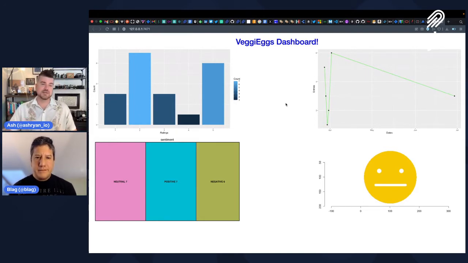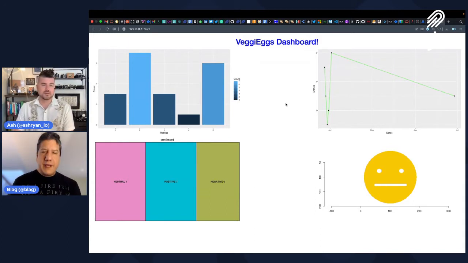So on the company side, we've got all these emails, and they all contain feedback. Generally speaking, we're looking to see how people feel about our product, and it would be great to have a dashboard that does that. The dashboard side of things could be anything you like, but in this case, Blag, you've made it in R and have chosen these visualizations to create based on that data. Yes, exactly. I could use Python, but I really love R. It's kind of made for data science, so that's what I did.